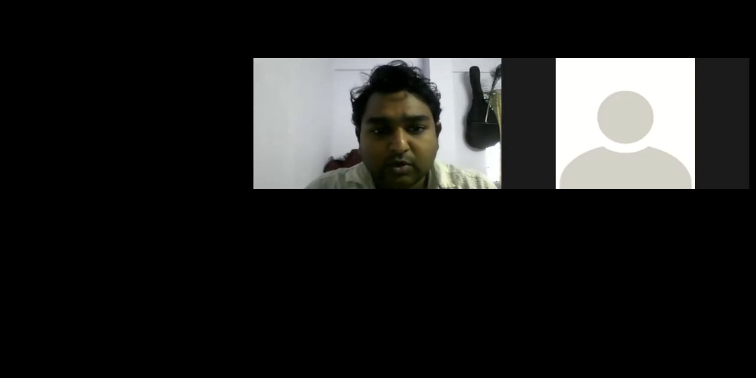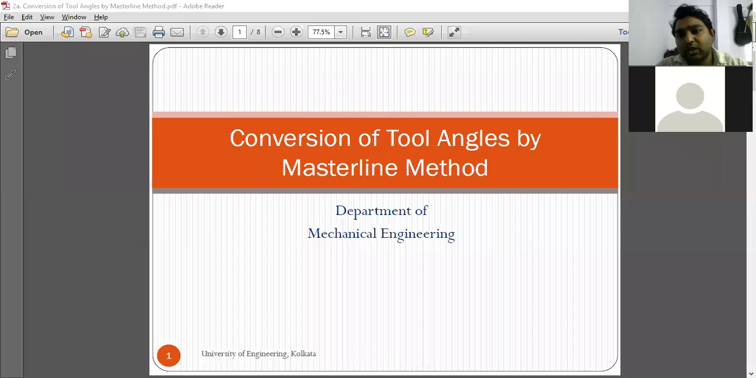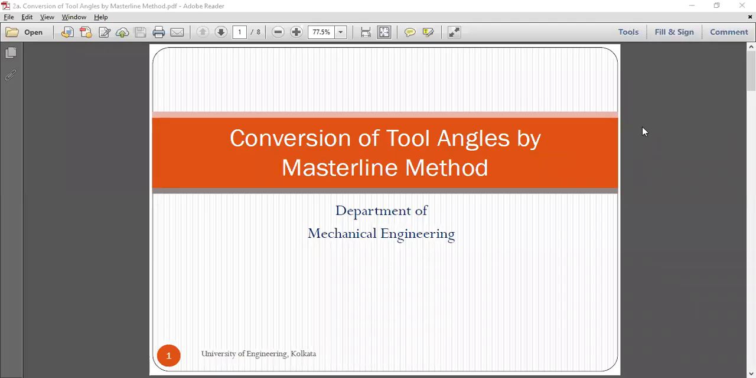So the Masterline method of tool angles that we are going to discuss is very simple, and normally knowledge of trigonometry is required to find out angles or convert angles using this method, right? I'll make it simple for you. Okay. So basically, when we convert the tool angles from ORS to ASA or from ASA to